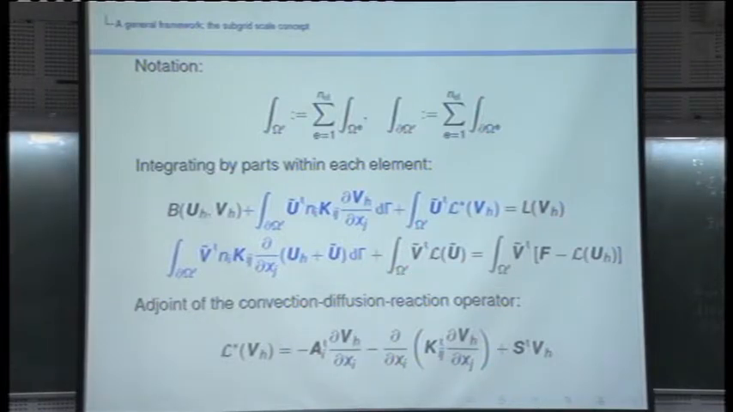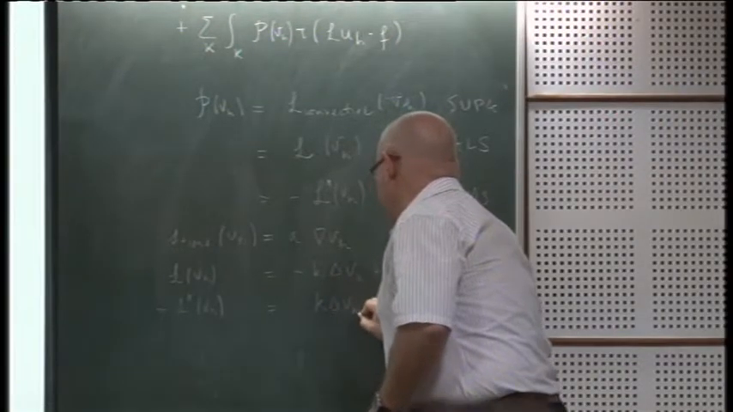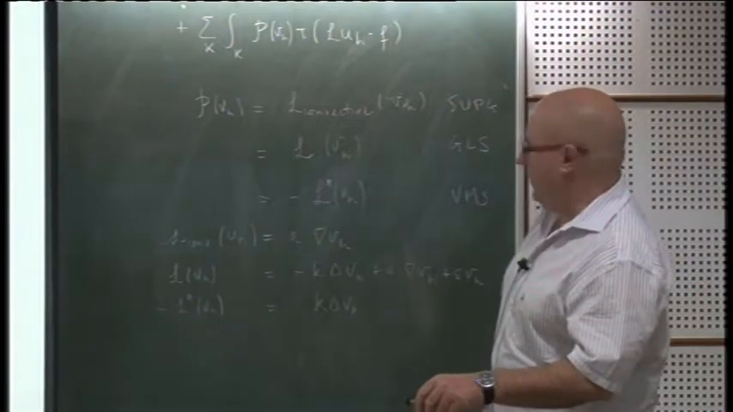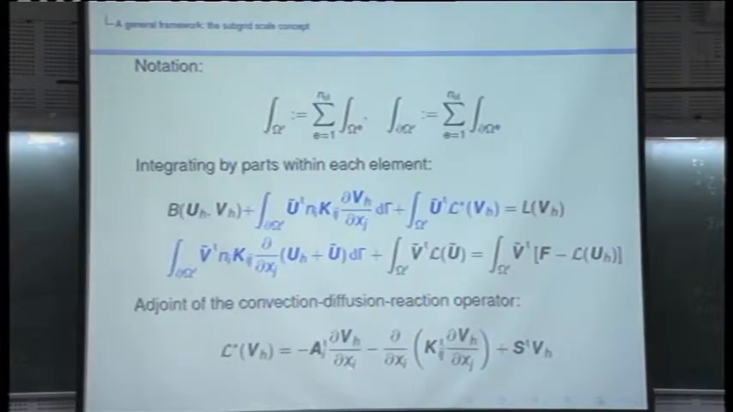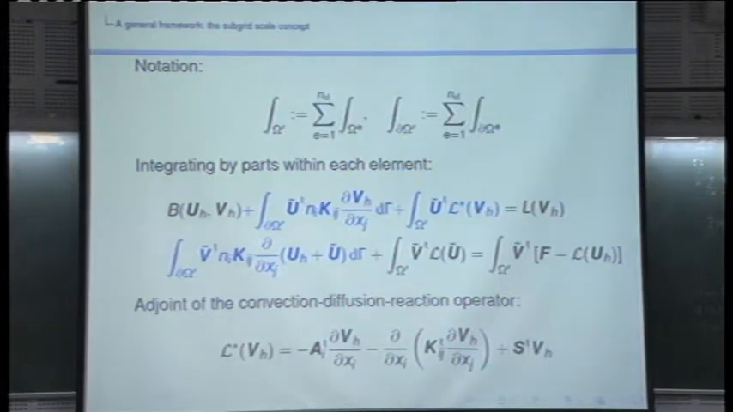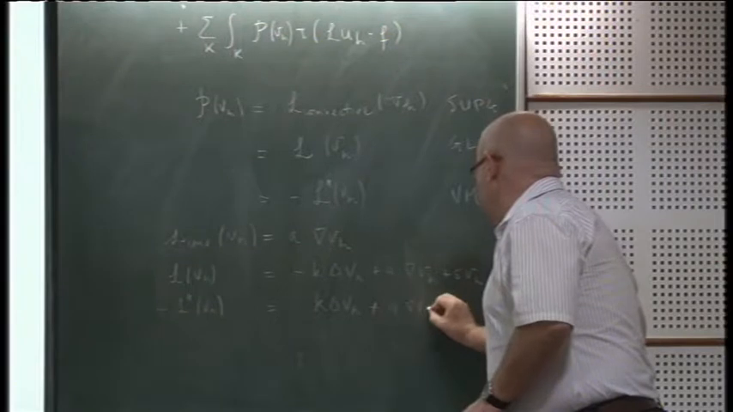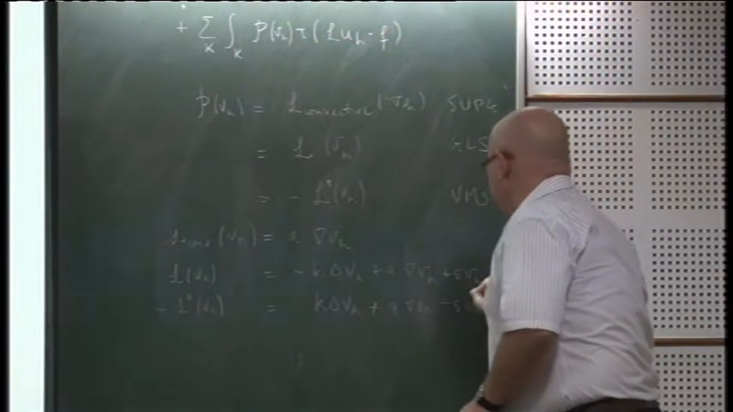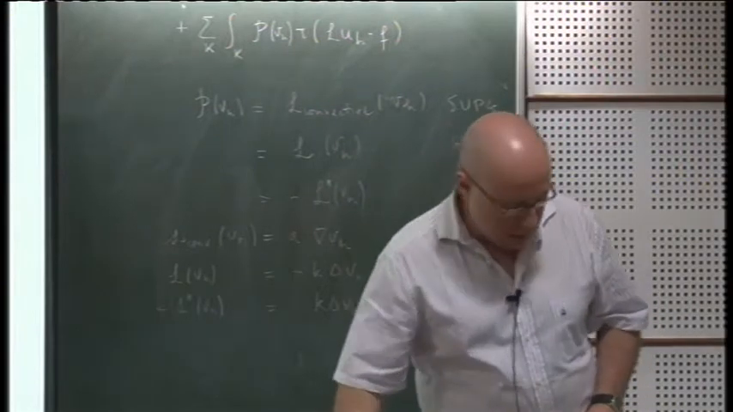Let's consider the scalar case. Look, in the expression for the adjoint, the convective term changes sign. The diffusive term keeps its sign, and the reactive term keeps its sign but has a transpose. So minus the adjoint is K Laplacian of VH with a plus, because here we have a minus. Minus the adjoint has a plus, because the convective term changes sign; if we put a minus in front, it is plus A gradient of VH and minus S VH. You see? These are the differences